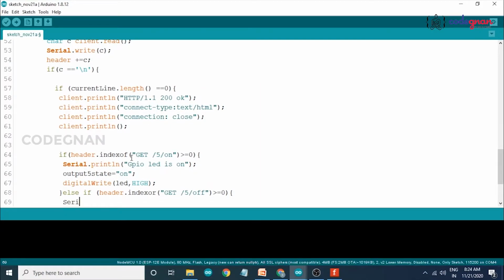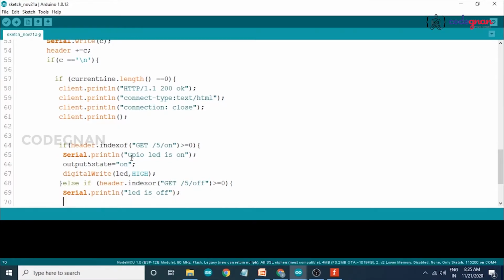Now Serial dot println "LED is off". Now our output state will be changed to off.